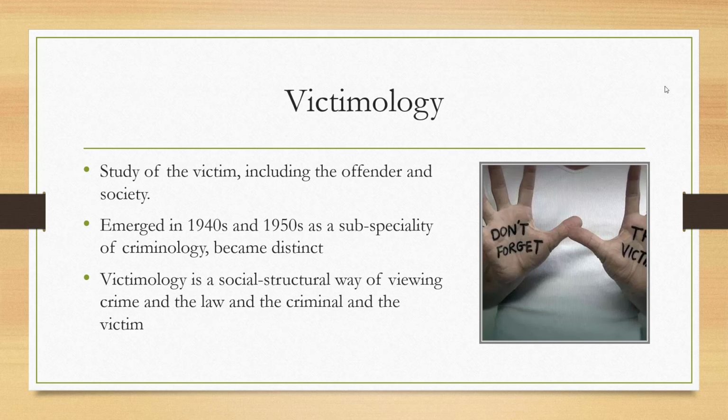And obviously, criminology looks at all forms of deviance and law breaking, whereas victimology only looks at deviance and law breaking that has a victim, right? So we're not going to be talking about smoking weed or crack or whatever, even though you can make an argument that there are victims. But anyways, crimes that are defined as having victims, right? That's what victimology focuses